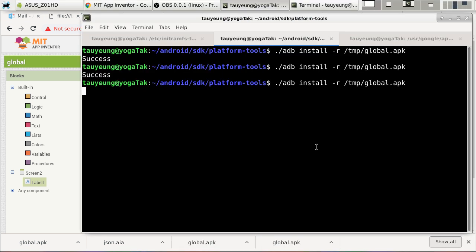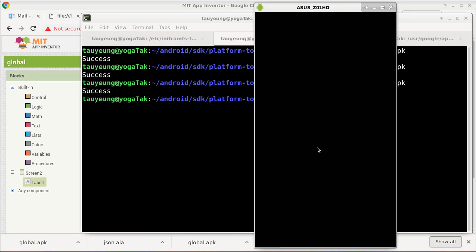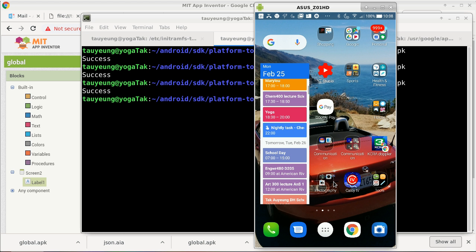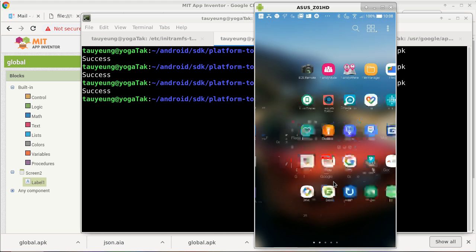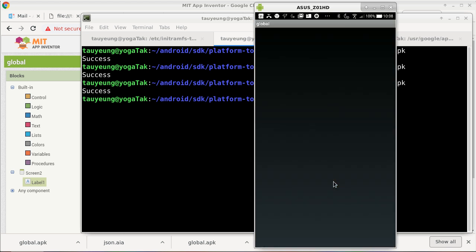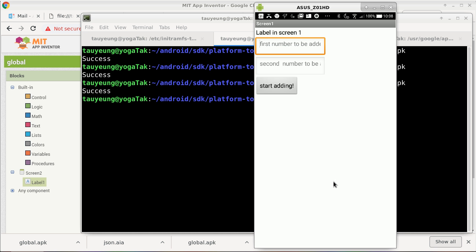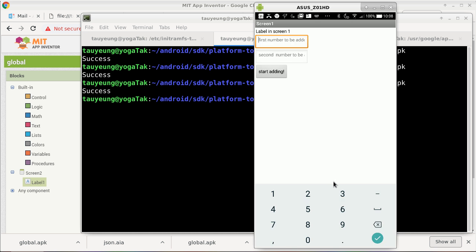All right, so we'll reinstall the app. And go back here. And restart the app. There we go. So this time we have two numbers that we can specify.